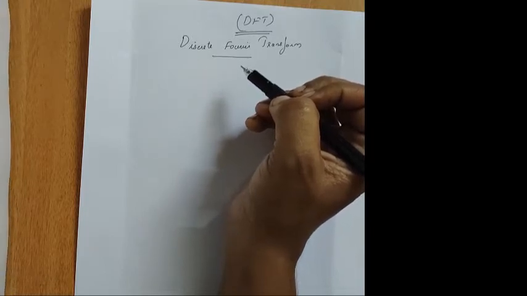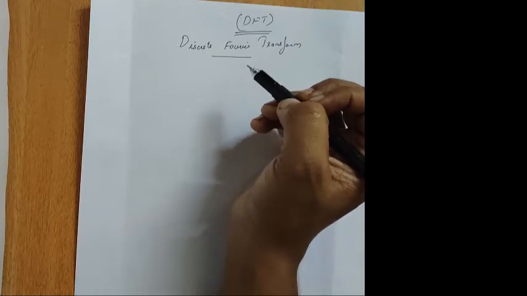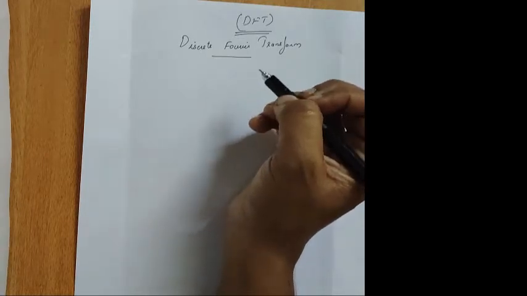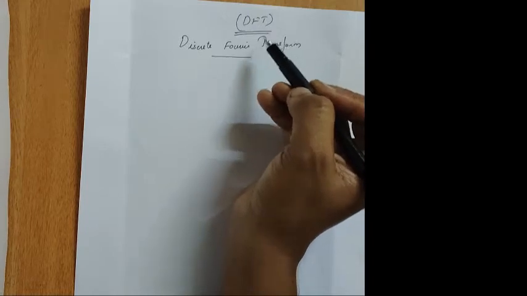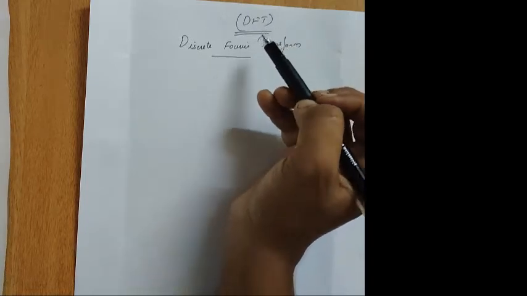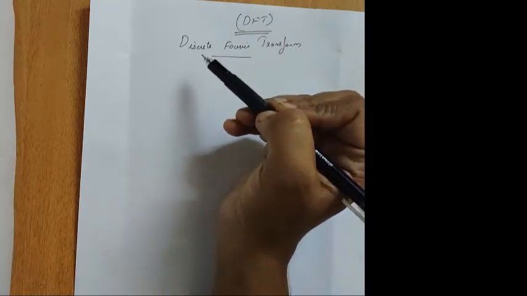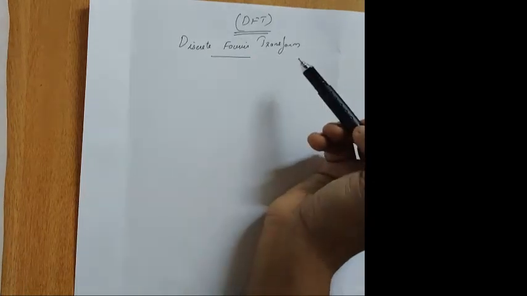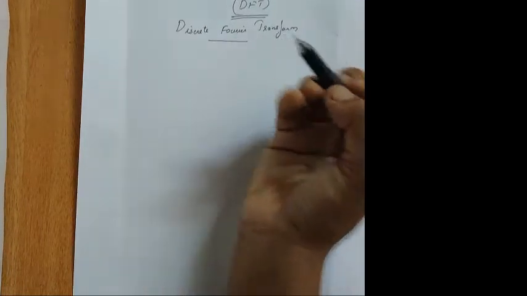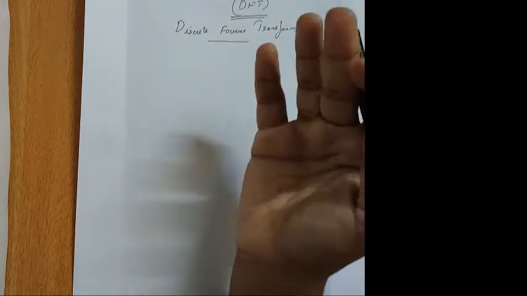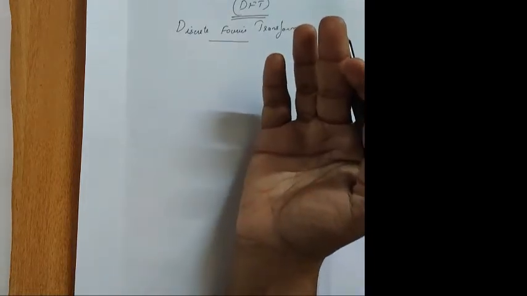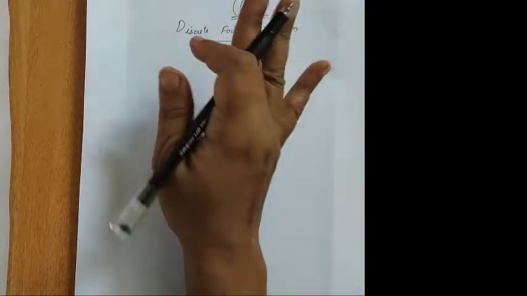If the signal is not periodic in nature and you're dealing with that non-periodic time signal, then it is called the Fourier transform. So to get the Fourier transform in a discrete format, you go for a discrete Fourier transform. The discrete Fourier transform can perform the sampling operation in both the time and frequency domain.